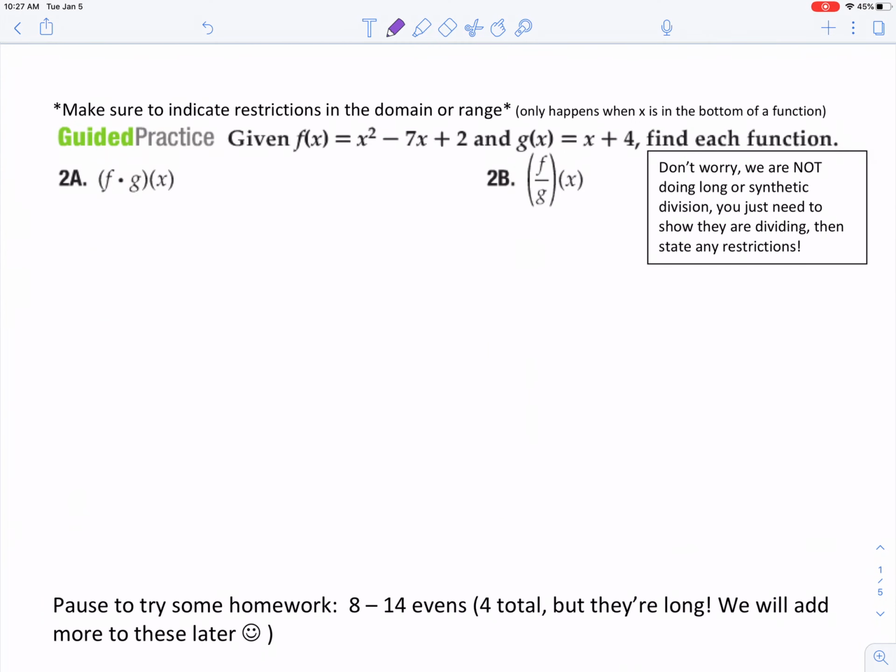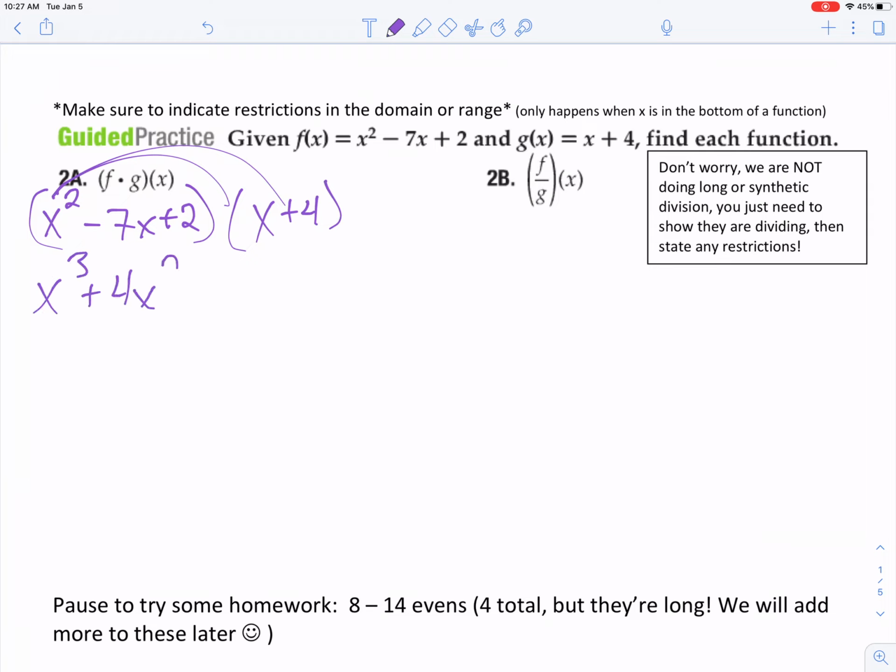All right, then multiplication. This is going to potentially be checking us out for FOIL, or whatever distributive property is going to be needed there. So I got my x squared minus 7x plus 2, and x plus 4. So let's distribute the x squared. So that would be x cubed plus 4x squared. Distribute down there is negative 7x squared minus 28x